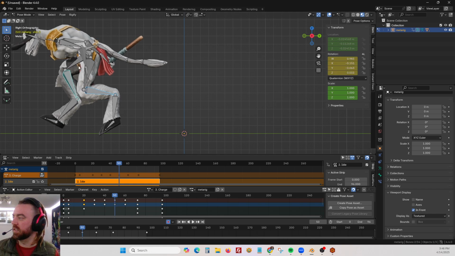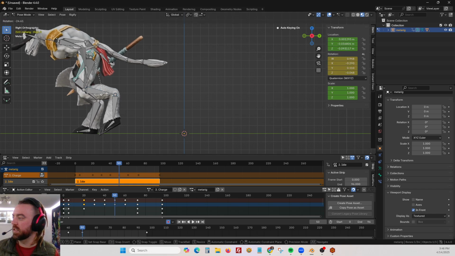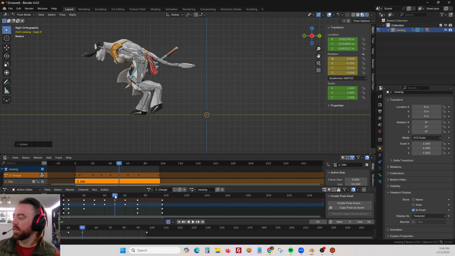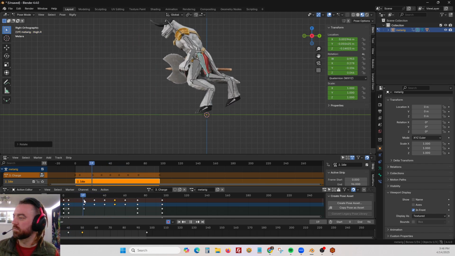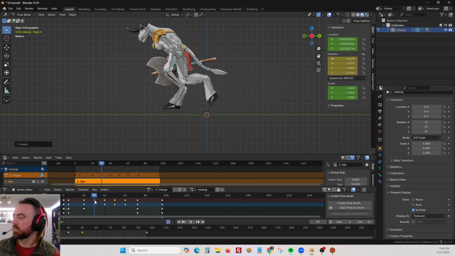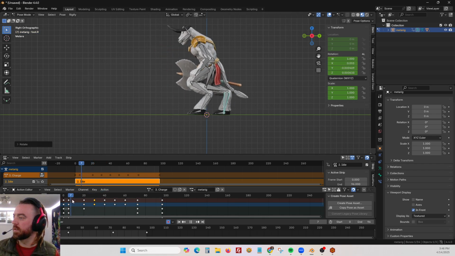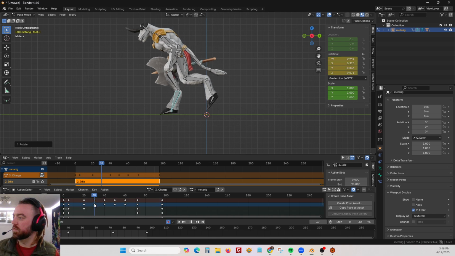This one doesn't need to go up that far at this stage. This one, I think, could do something like that. I almost want it to be